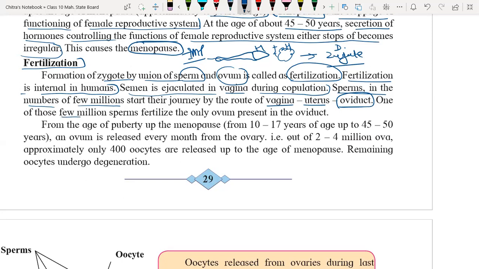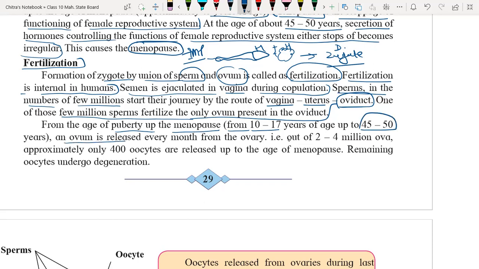One of those few million sperm fertilizes the only ovum present in the oviduct. So only one sperm cell is going to fertilize the egg cell out of the few million which are released. From the age of puberty up to the age of menopause, from about age 10 to 17 up to 40 to 45 to 50 years,